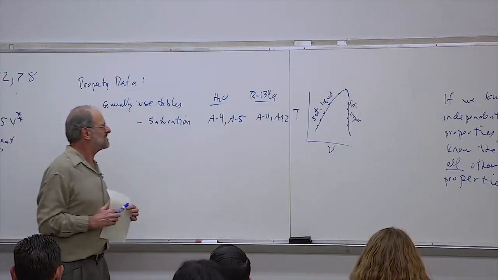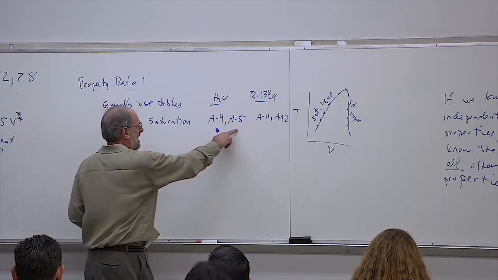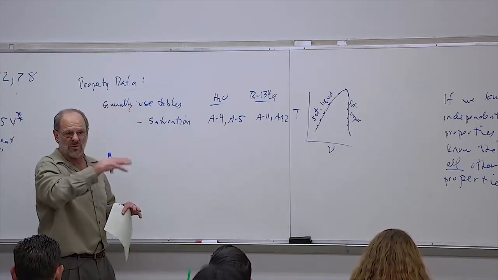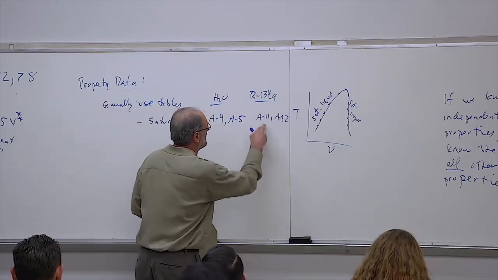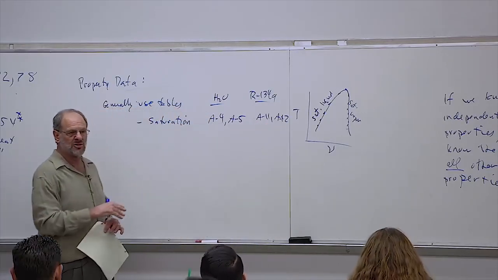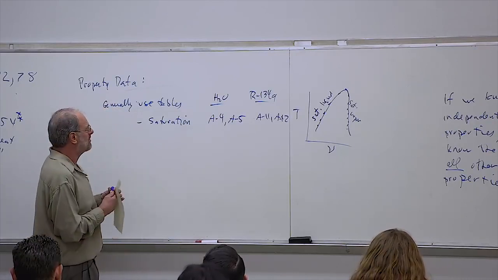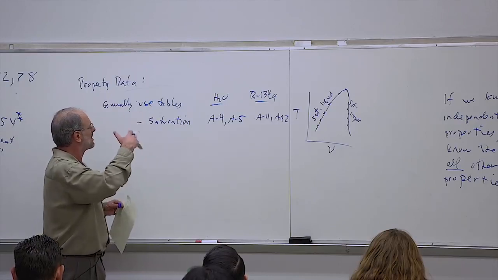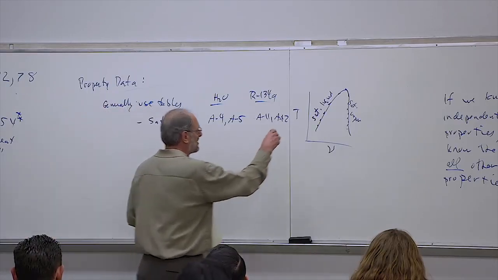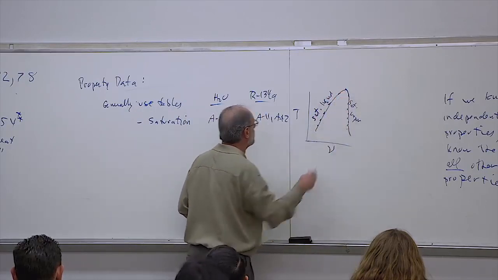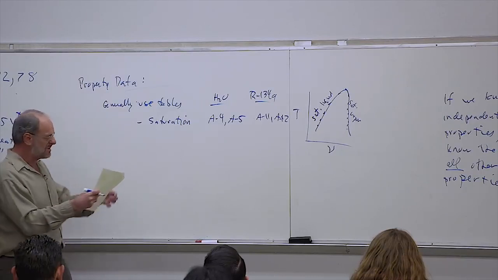It has the same data in them, right? Table A4 just lists all the data in nice uniform increments of temperature, and A5 gives you all the data but in nice uniform increments of pressure. It's the same information though, right? Same with A11 and A12. A11 is the data in temperature order, and A12 is the data in pressure order. So if we have a problem that involves a saturated mixture, or I would typically call it a two-phase mixture, or if you have a problem where you're exactly on the saturation curve somewhere, then you definitely want to get all of your data out of those two sets of tables.